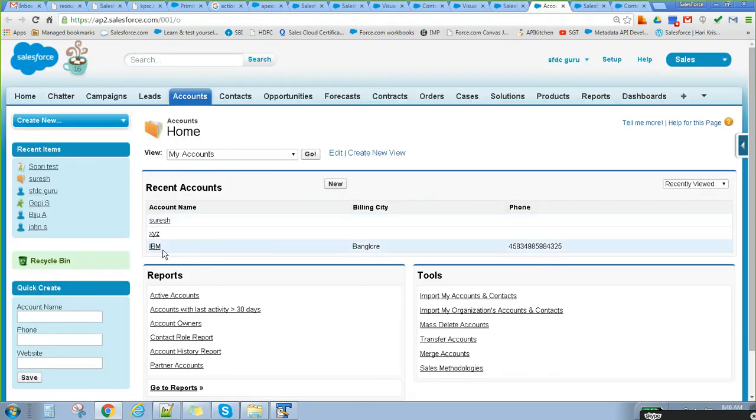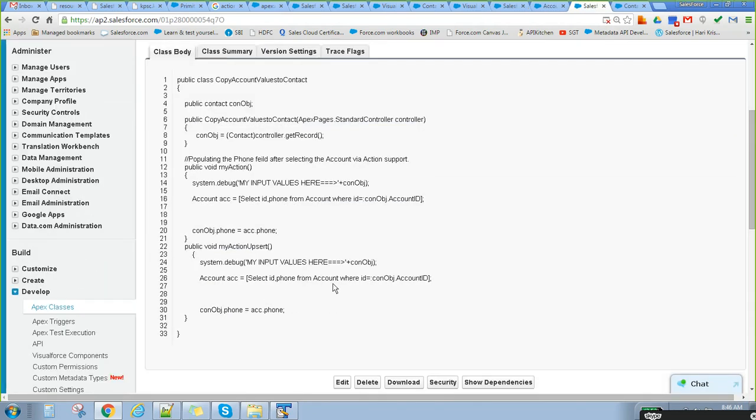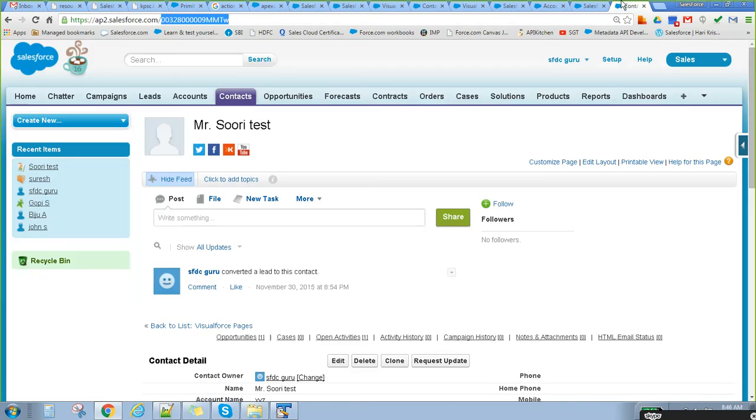Basically, it's your controller, you are copying the account's values into a contact record, right? Right, exactly. Once we are selecting that, we have to pass some other parameter too.